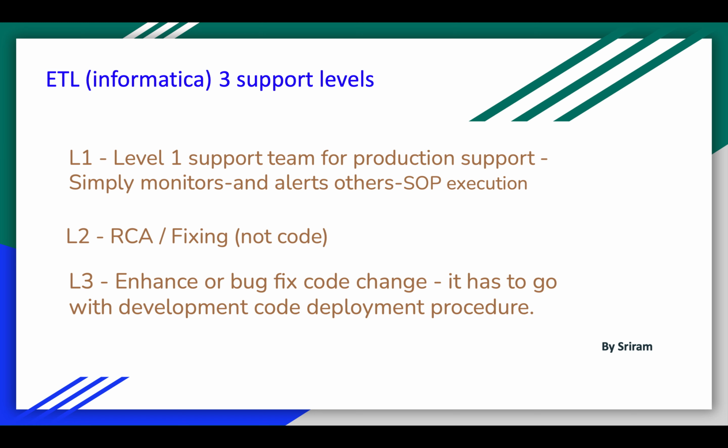And if that is not the issue, in general, for root cause analysis they will further investigate and see how they can fix. If it is a code issue, say for example some source file has an issue where data is not coming properly, then they will contact the source team and find out whether they can get a new file, and then they will start the job again. So those type of things they can do. Restart they can do, they can stop the jobs, they can abort the jobs, they can investigate, they can get the source files from the source team and rerun again. So these are the things they can do.